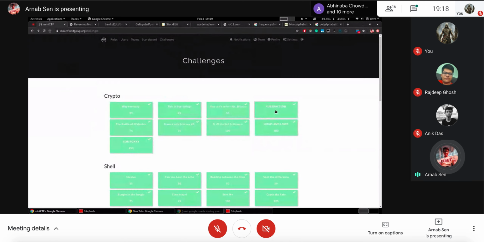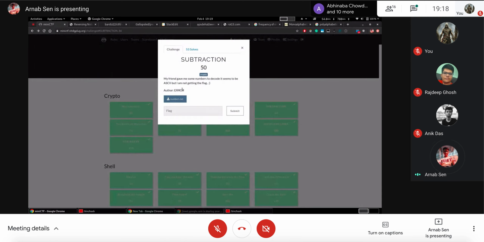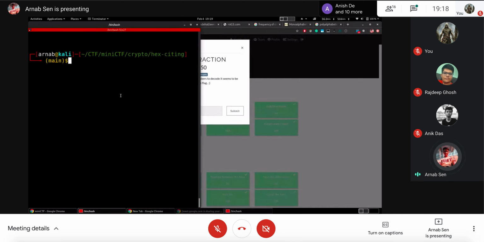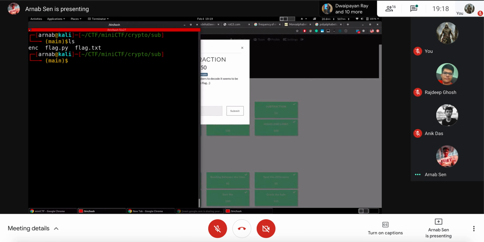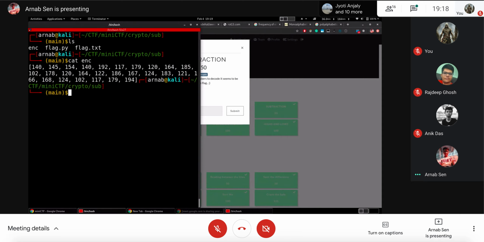Moving on to subtraction. Okay, let me show you the code again. This is again a form of monoalphabetic substitution if we look into it properly. Let's see. So yeah, 144, 145.